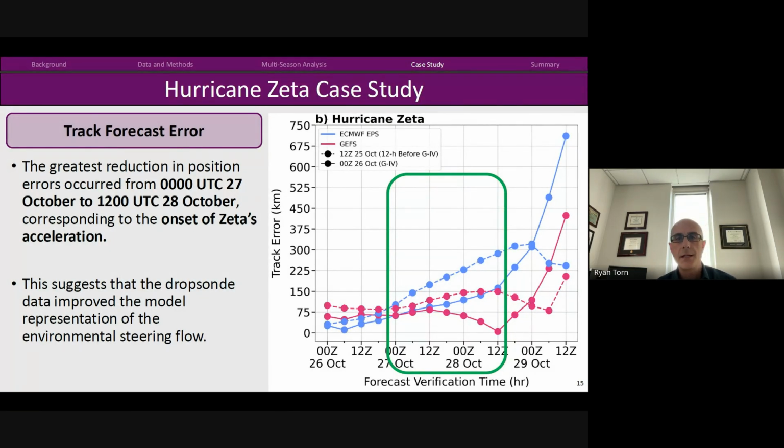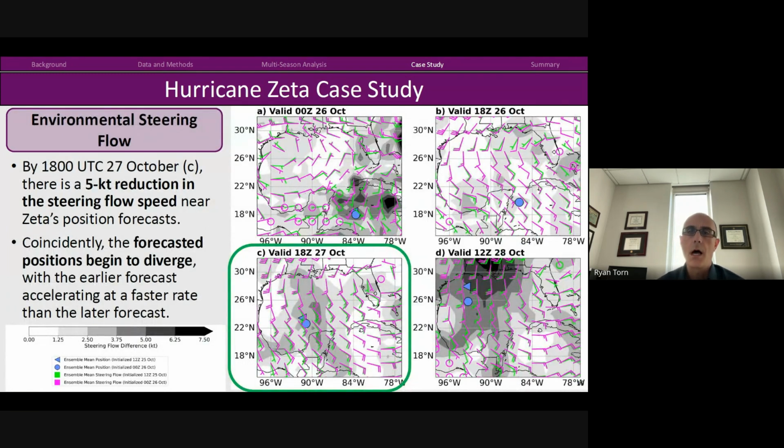And if you go to the next slide here, what you see is the steering flow wind barbs for this particular case. The green barbs are the forecast before. These are at the same valid time. So the green is the forecast before the introduction of the G4 flight data. The magenta is the one with the G4 flight data. And the shading is the difference in the steering flow between those two forecasts. And you see that